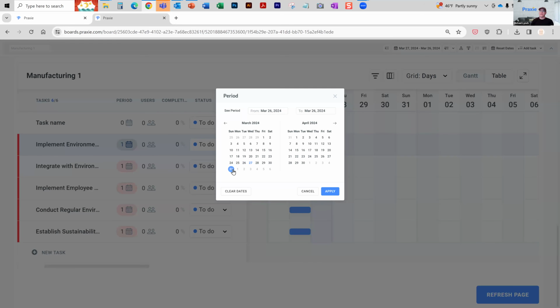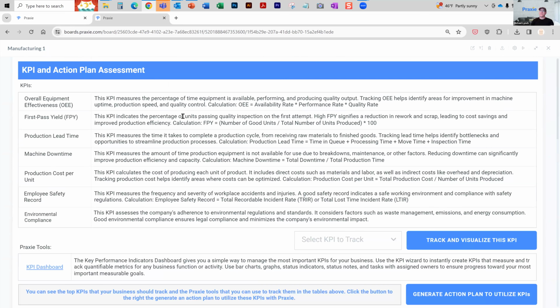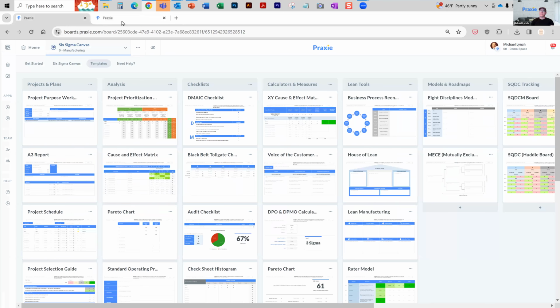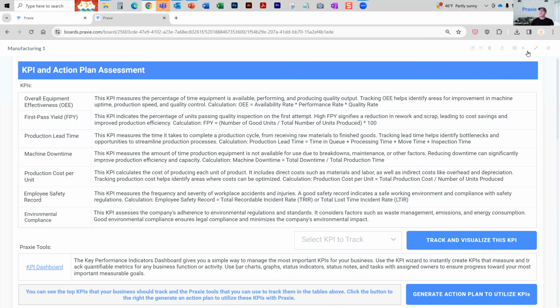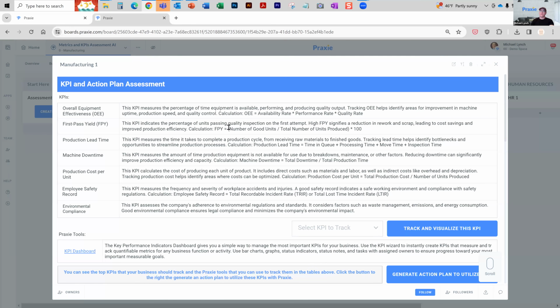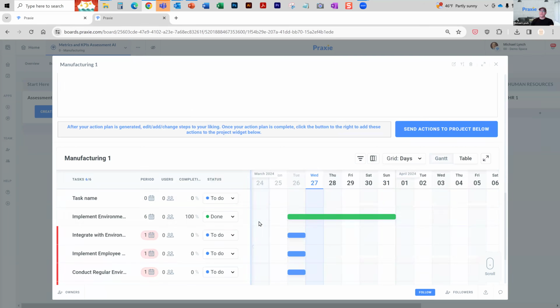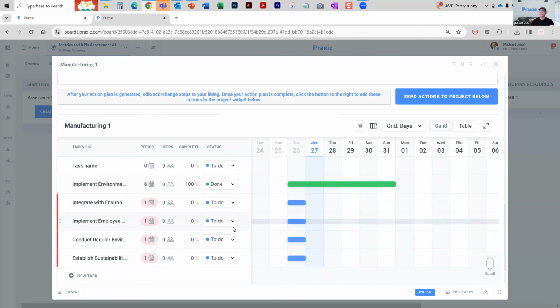So if I go ahead and I hit this out here, you see that the dates go there, and I'll say this one is done, even though it's not, just so you'll see this. So then now what you've done is, if you go back to the assessment, we've got a manufacturing one, and that was just one of them. And within that manufacturing record are the key KPI recommendations, access to our tool, actions to implement that, and an actual project plan to go achieve that and assign your team.